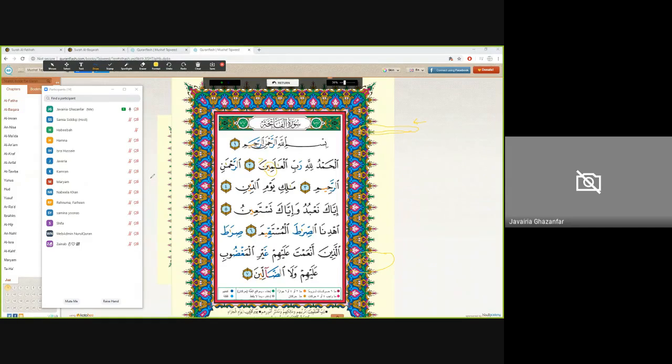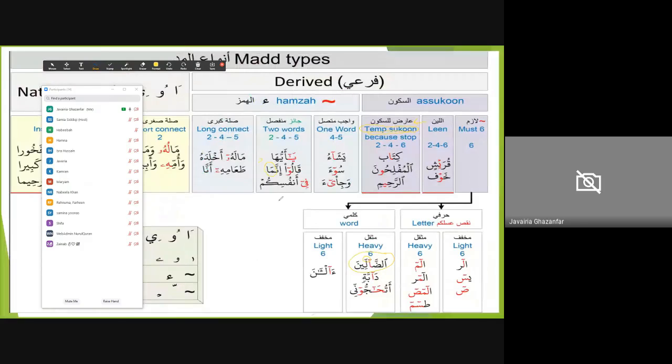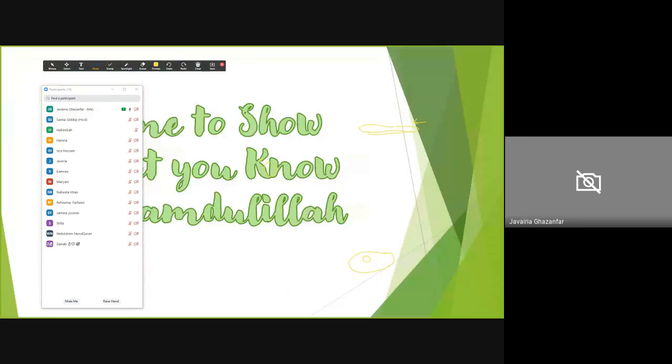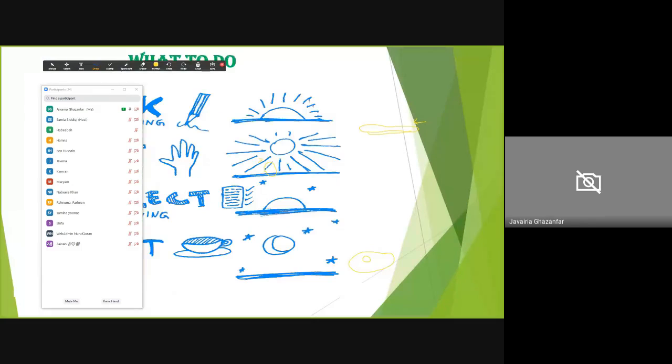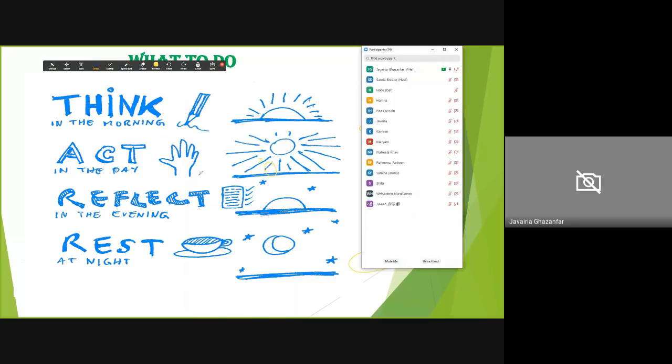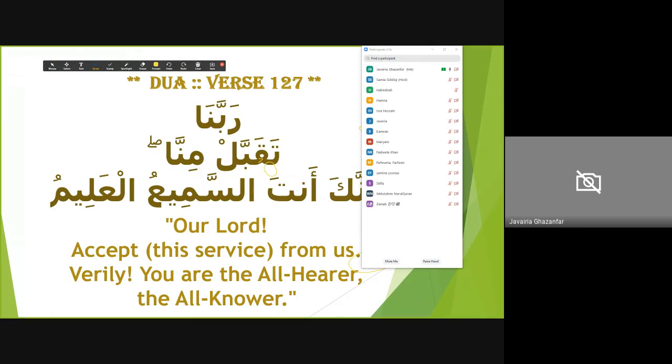So make sure that, mashallah, you are making that effort to review these sheets and show what you know, okay? And during these times, try to think in the morning, act in the day, reflect and rest also. Okay, so keep calm and keep yourself busy with good deeds, inshallah. May Allah subhanahu wa ta'ala accept from all of us.